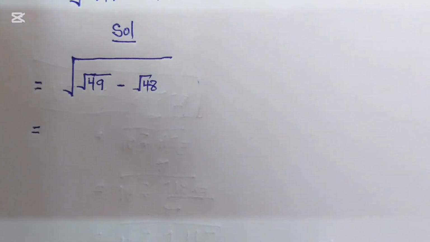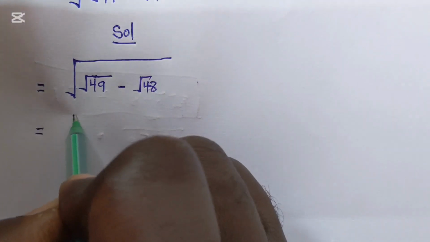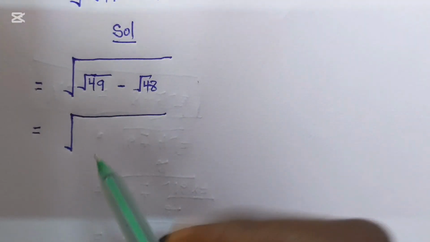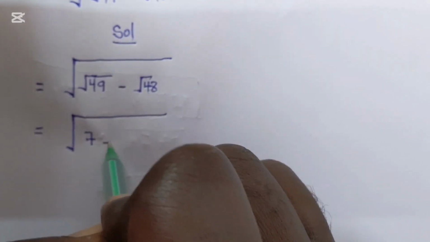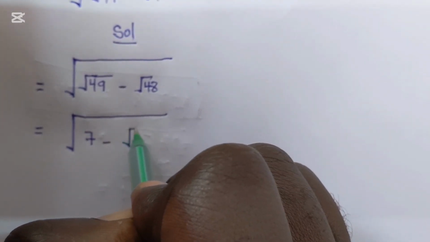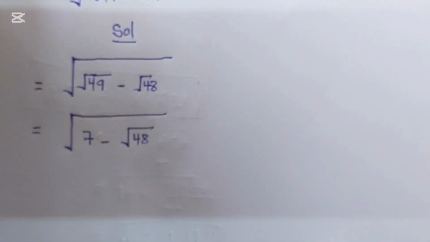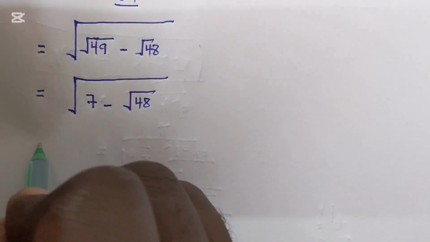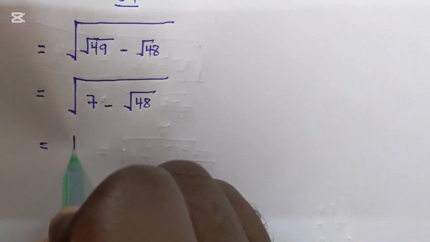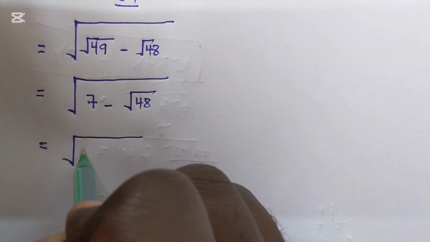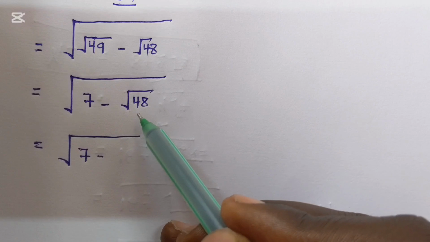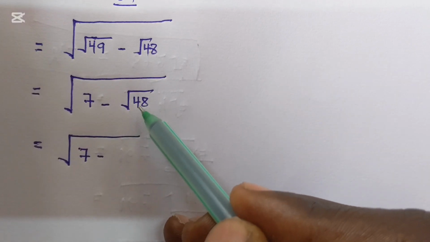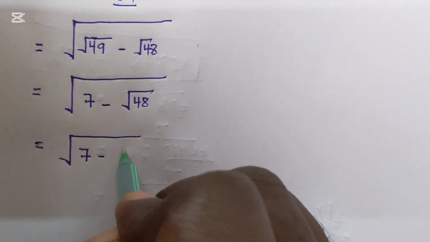Okay, square root into square root of 49 is equal to 7 minus square root of 48. This is equal to square root of 7 minus, and this is square root of 48. Because this one is not a perfect square, you have to find square root into 48. This will be